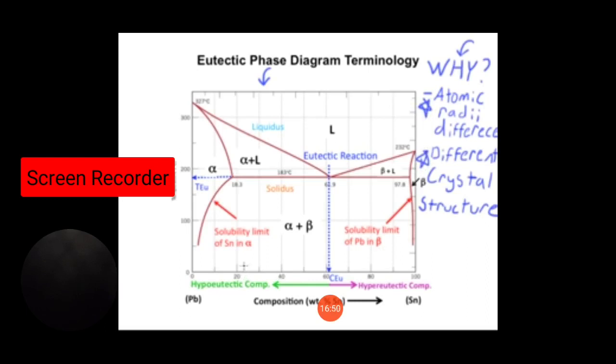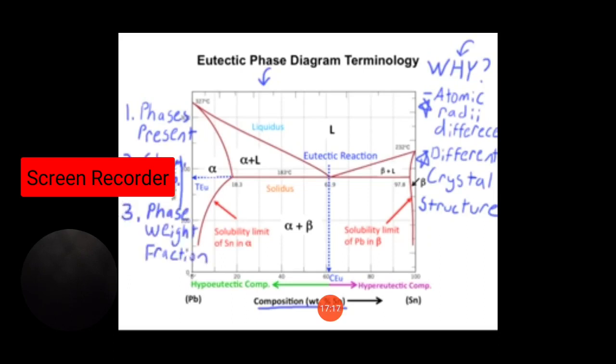Phase diagrams tell us which phases are present at a given temperature, which is on our y-axis, and a given nominal or overall composition. The phase diagram is a map that tells us, at any temperature and nominal composition, three things. First is what phases are present. Second, what the chemical composition of each phase or phases is.